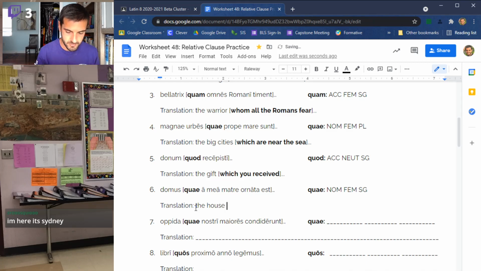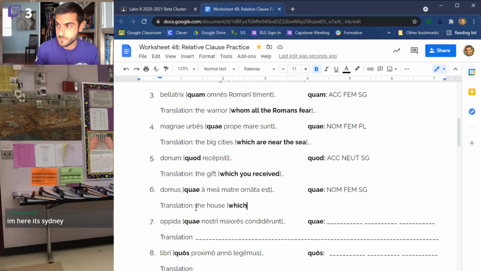Since it's not a person, we say which. A mea matre, by my mother, ornata est. So we have a perfect passive verb here. Ornata is to decorate. The house which, ornata est, the house which